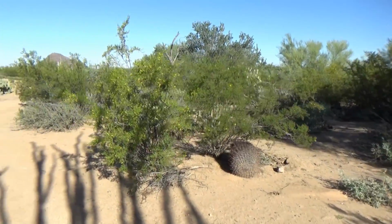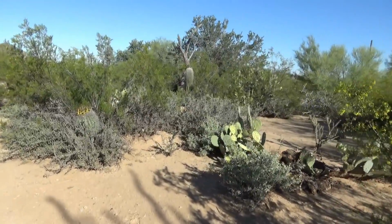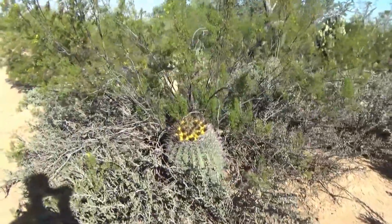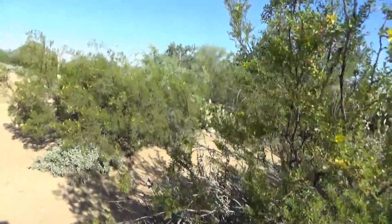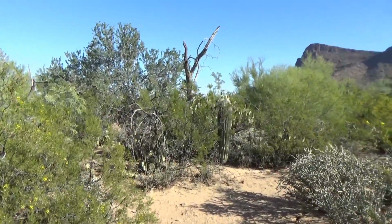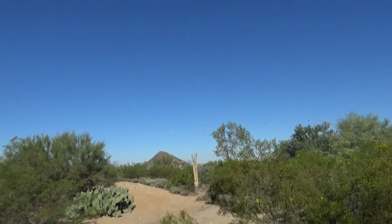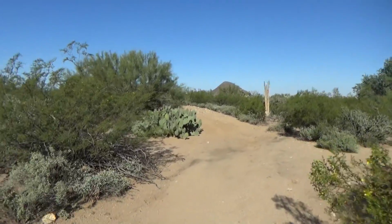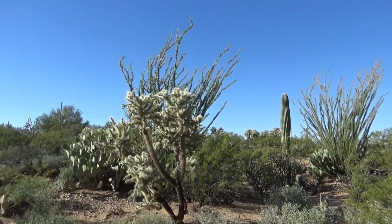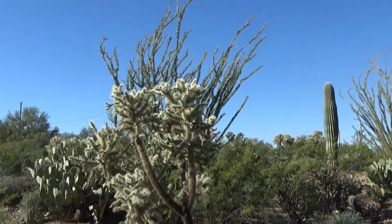You cannot come out every single day like I do in Mother Nature and take in these different flowers and cactuses and trees and not believe in an almighty Creator, right? I don't need to be put into a building with 4 walls. Look at all these birds. 4 walls and a roof, once a week. That's not spiritual to me. That's not being in touch with nature and the Creator. You got to come out and